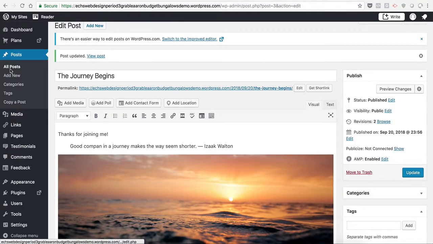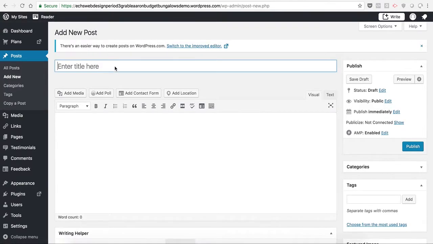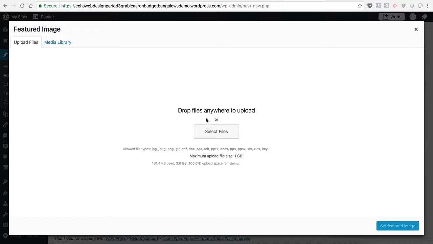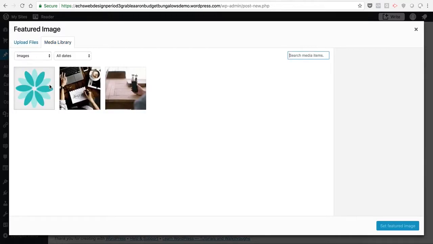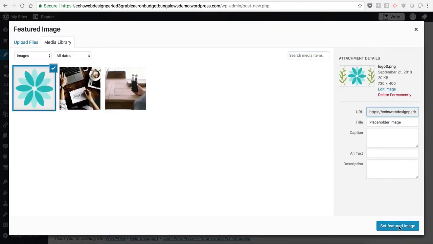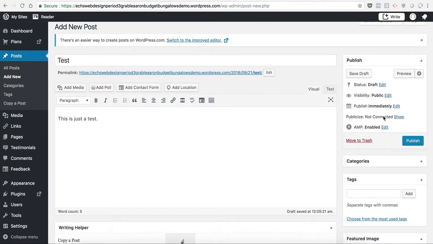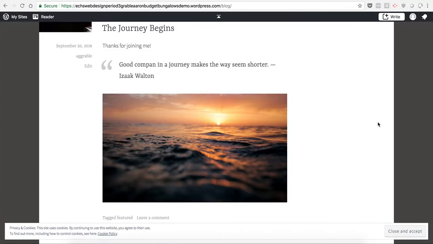So that's a post. I could add another post. Let me do one. This is test. This is just a test. I can add a picture if I wanted to. Don't have any pictures right now other than the ones that just came with it. Maybe I'll pick one of these default pictures here. It's publishing immediately. I click on publish,